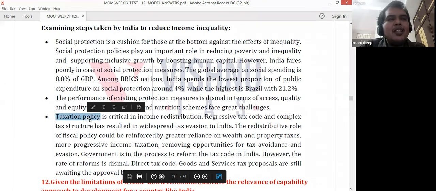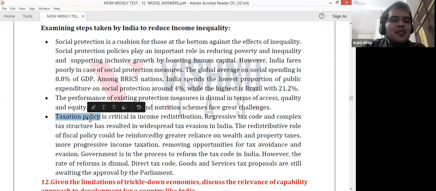Then you can write briefly in the conclusion regarding recent steps. For example, how the recent budget is focusing upon reducing the gap by talking about skill development programs or online universities, or faceless assessments, or improving e-skill development, e-Pathshala programs for online education. These are all things you can write in the conclusion, like what are the programs that were taken during the pandemic.